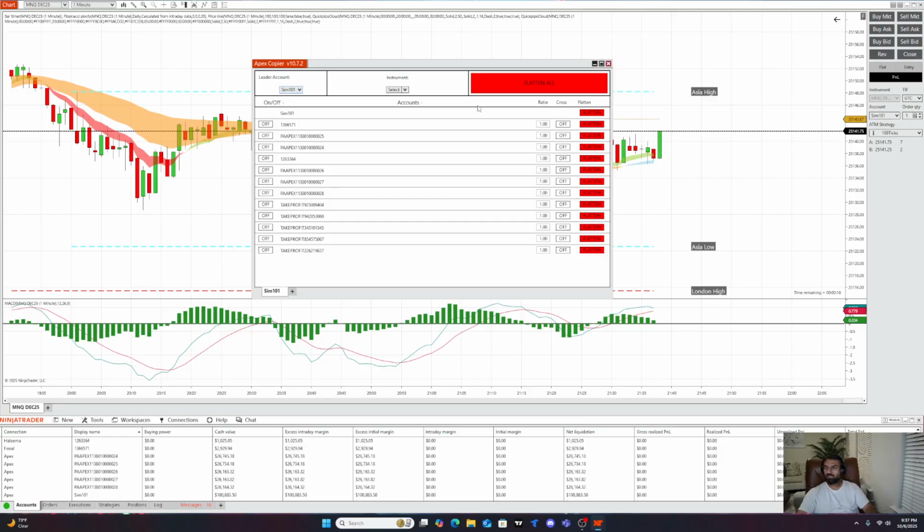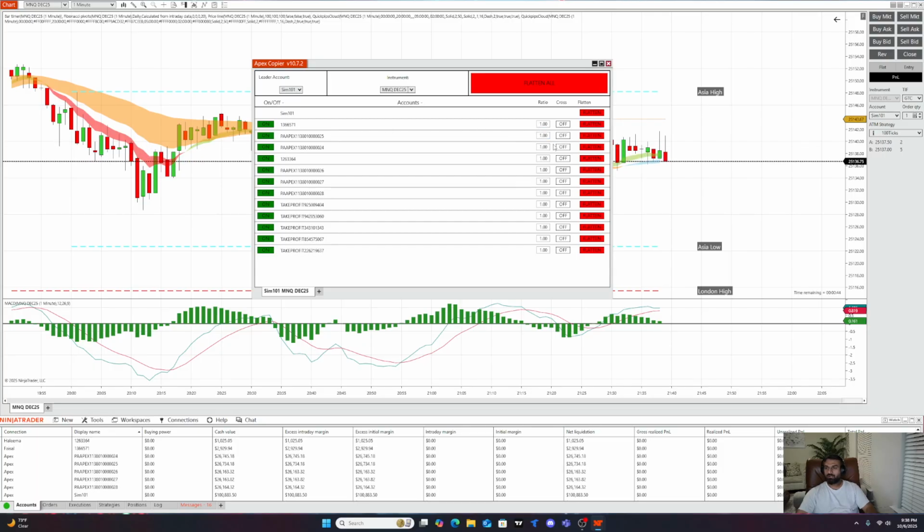And then once you have the same account, you have to select the instrument. So for example, if you trade Nasdaq MNQ, you will select MNQ. Then you can connect all the accounts that you want to trade on copier. You can uncheck if you don't want anything, and if you want to trade everything, you can check. You can also select the ratio. So for example, on the SIM account, if you want to take 1 MNQ, and then on some other accounts, if you want to take multiple MNQs,